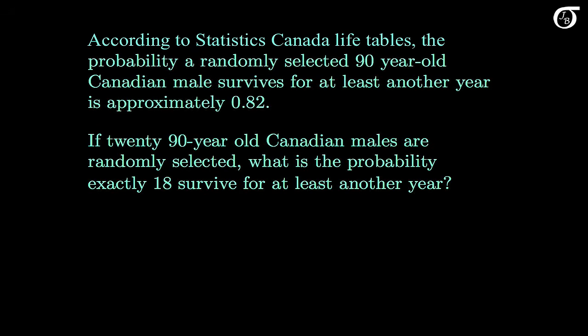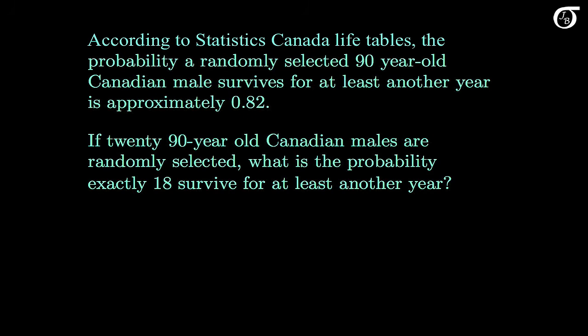Let's look at another example. According to Statistics Canada life tables, the probability a randomly selected 90-year-old Canadian male survives for at least another year is approximately 0.82. If 20 90-year-old Canadian males are randomly selected, what is the probability exactly 18 survive for another year? Well, it might appear to be a bit more complicated situation than rolling dice, but the premise is essentially